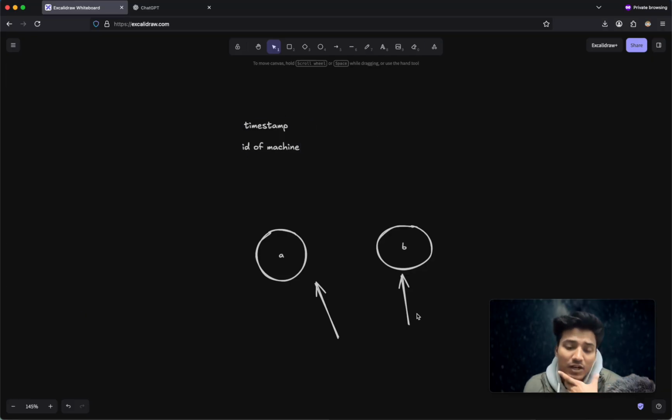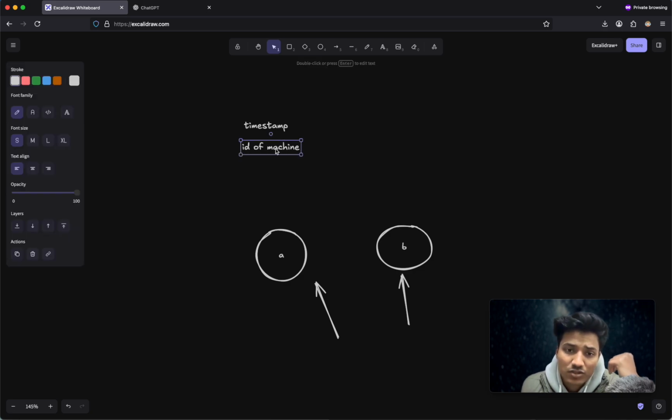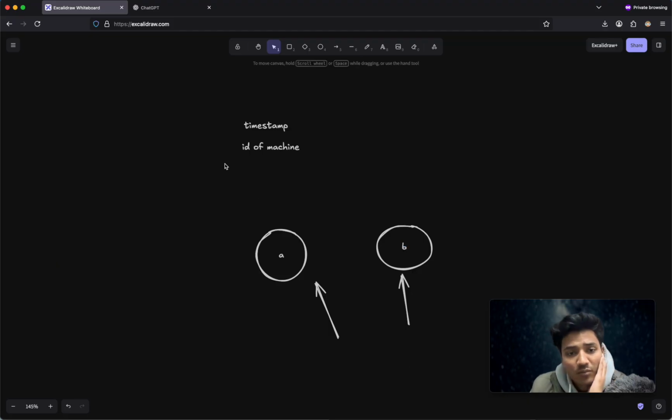We can add the ID of the machines. By the way, I call this one machine A and this one machine B. So yes, we can add the ID of the machines as well, but the problem is,